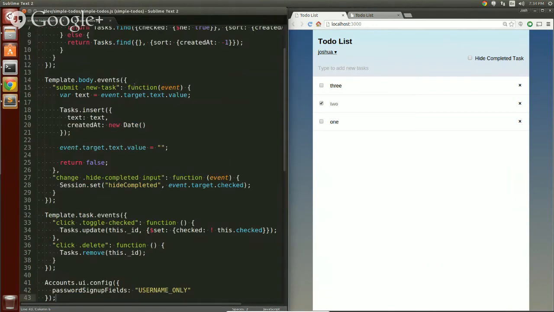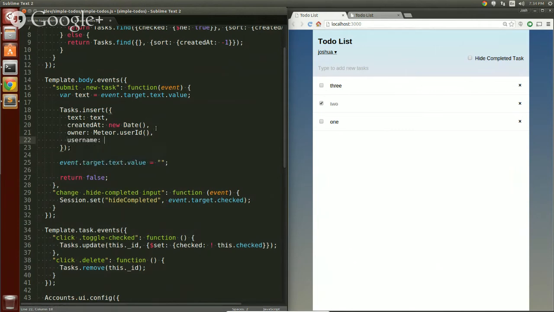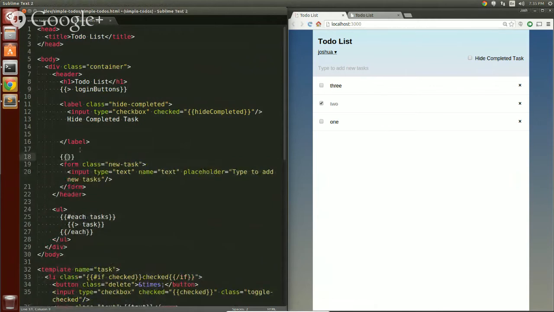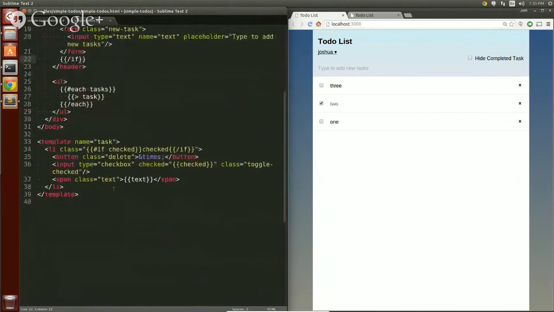We haven't done anything with the login yet, so we can go over to whenever we're inserting a new task, we can use the flexibility of Mongo to add in an owner. Meteor.userId. We can also save the Meteor.user().username. And then back to the HTML, we can show some of that stuff. But we also want to hide the form if there is no current user logged in. And down here, we will show the user name